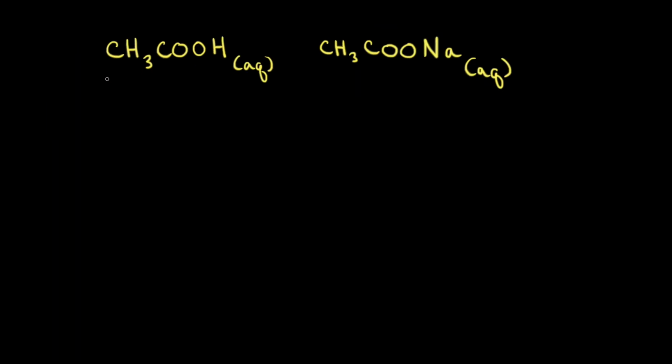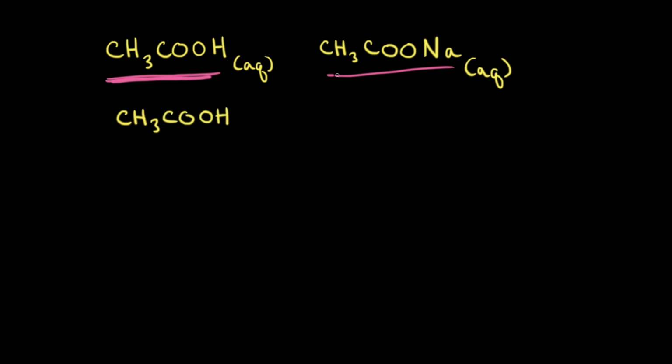Let's say we have an aqueous solution of acetic acid and an aqueous solution of sodium acetate. And let's say we have equal moles of acetic acid and of sodium acetate. Mixing these two solutions together would form a buffer solution. To understand why this forms a buffer solution, let's first think about acetic acid. Acetic acid is a weak acid and only partially ionizes in aqueous solution. Therefore, in aqueous solution, we have mostly acetic acid,